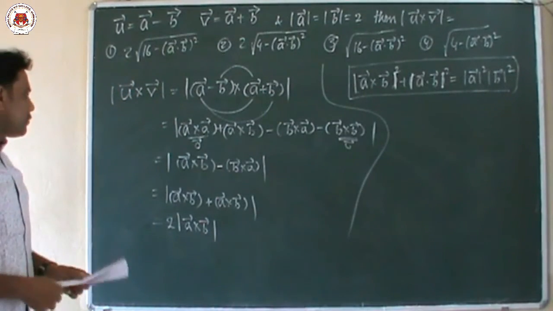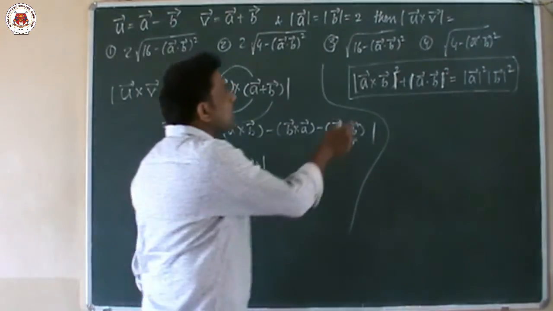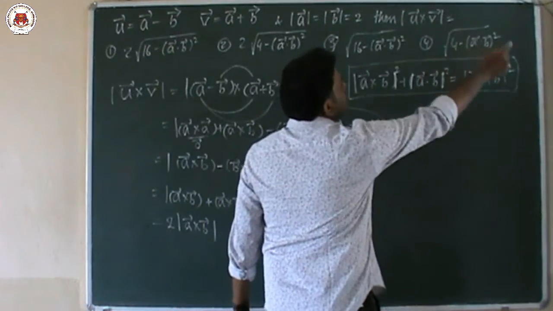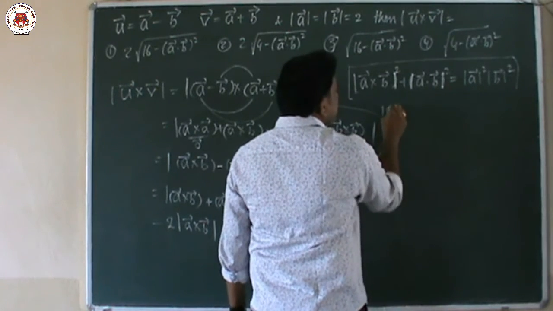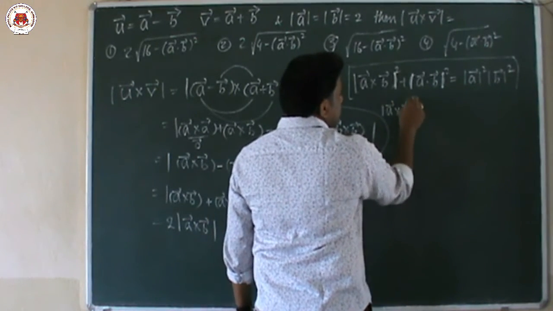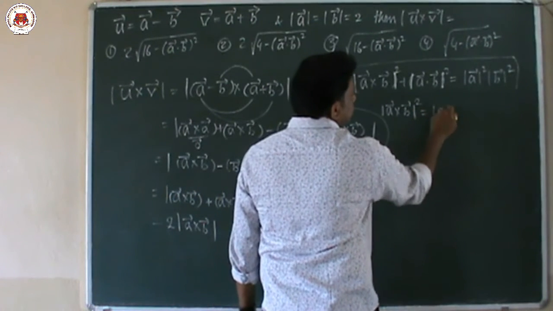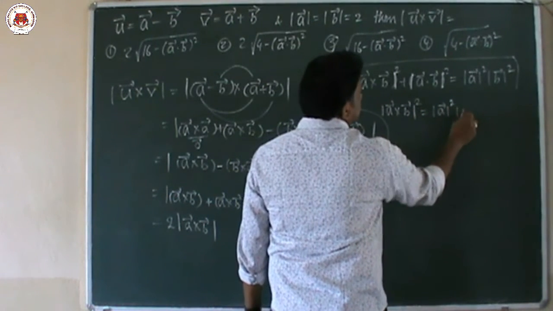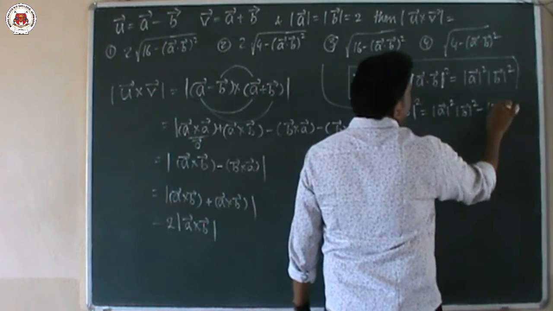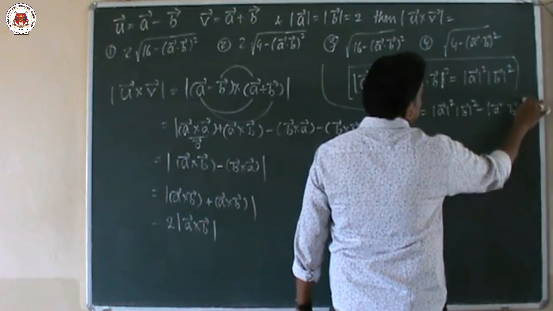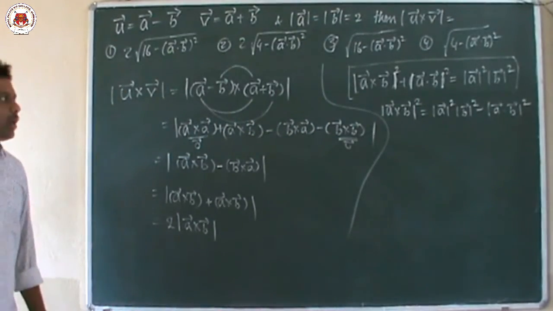So using that formula we need the value of A cross B. We want only A cross B. So this dot product we can send to that side. Then from this formula we can write mod of A cross B whole square equals mod A vector square into mod B vector square minus mod of vector A dot vector B whole square. Because again I want only the A cross B value.